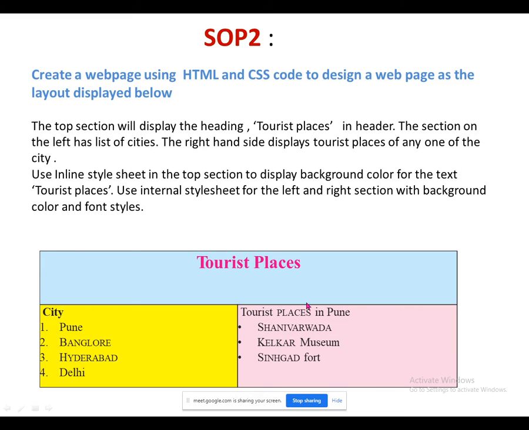Now see the left section, right section. To manage this right section, we always have to use the aside tag. Okay, on the right side, some panel I want to create with some height and width, then I have to use the aside tag. Under this aside, what do you want to display? A list of the places of any of the cities with the UL tag. See, it's a bulleted list. So I am going to use a bulleted list here.